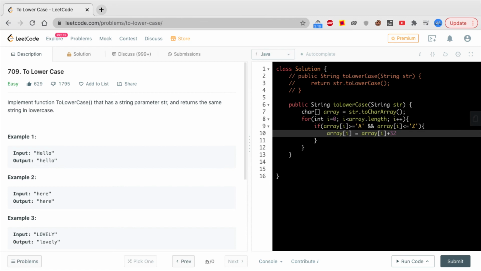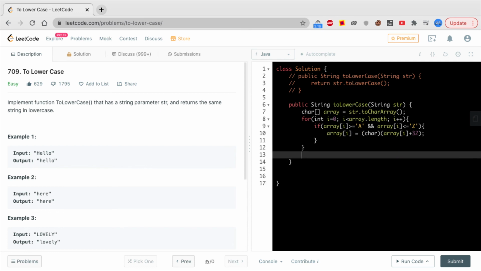But because we are adding a character and an integer, this will return an integer. What we are storing is a character, so we'll have to typecast it to a char. And this will solve your problem.